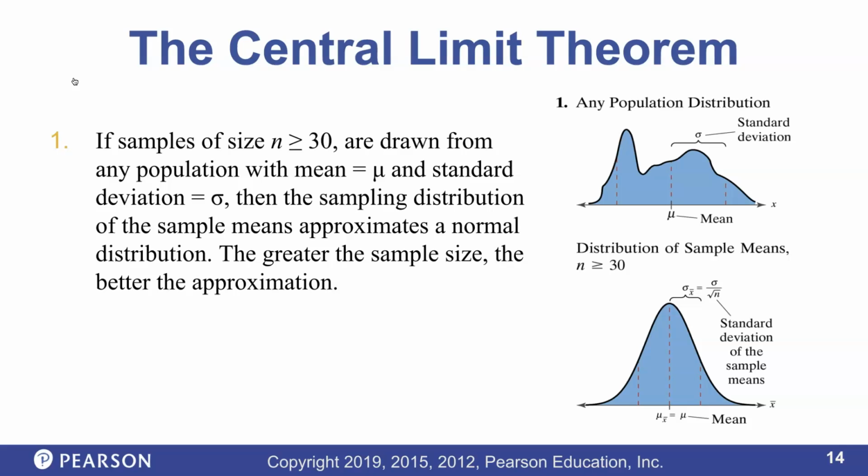Do you know that not every distribution out there is a normal distribution, right? Sometimes we have skewed distribution, like skewed to the left or skewed to the right, or uniform distribution that looks like a box, or it could be bimodal. Not every distribution out there is normally distributed. You agree with that, right? But what they are saying is this. If you take a sample of size n greater than or equal to 30, the sampling distribution will be approximately